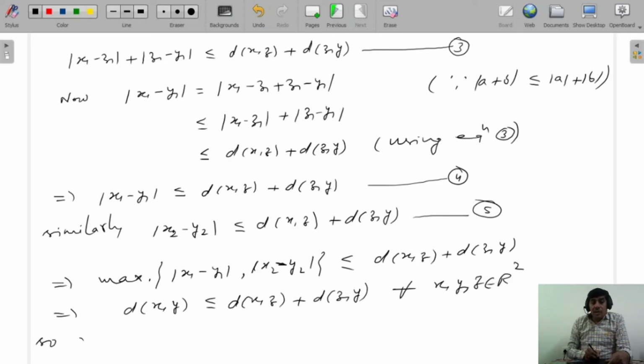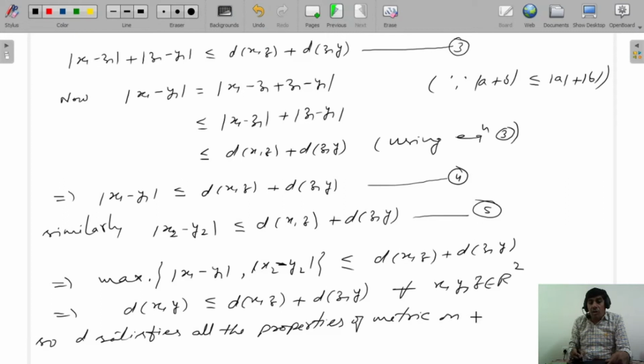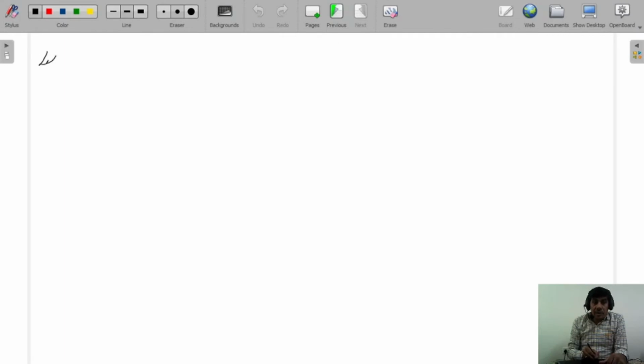So, d satisfies all the properties of metric on R square. Therefore, d is a metric on R square. The next example, let